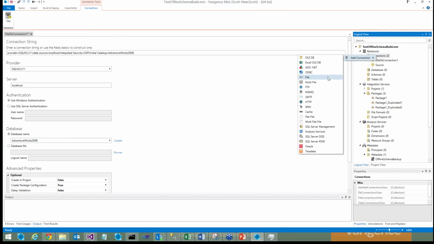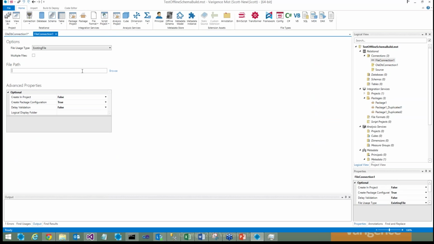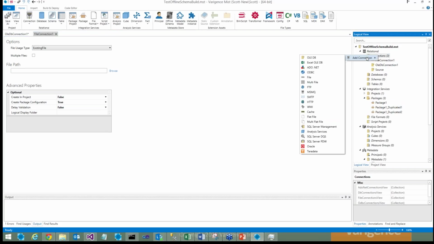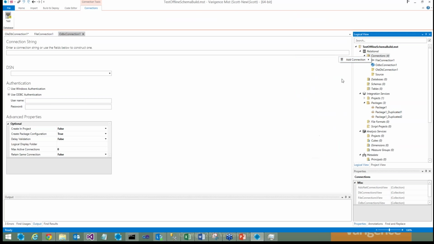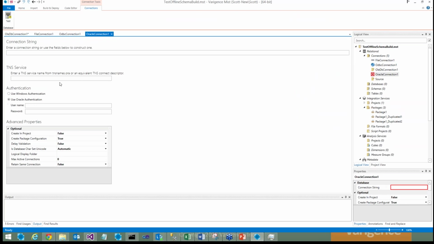Now if I go through and grab, let's say, a file connection, as you can see, we've got custom connections for everything, for every different connection type. So I can do all the things that you would expect in a file connection. I can do all the things that you would expect in, let's say, ODBC. So here, if I open up ODBC, I can select my DSN, and it's actually inspecting my installed DSNs. If I were to select, let's just do one more, let's say Oracle. We get an Oracle-specific designer where now I can go ahead and provide a TNS service name and other information